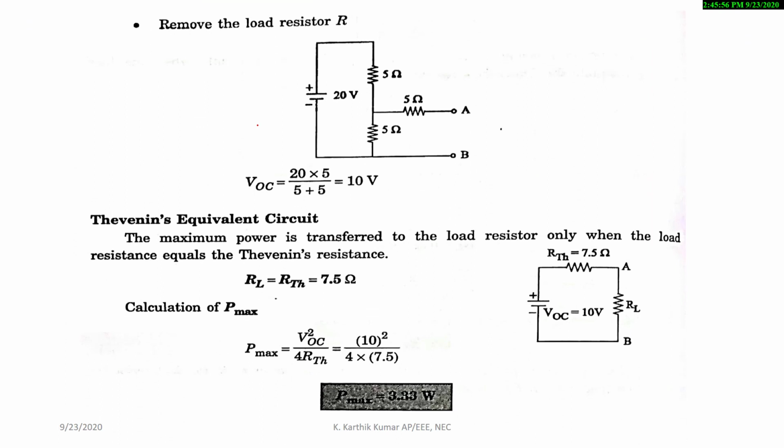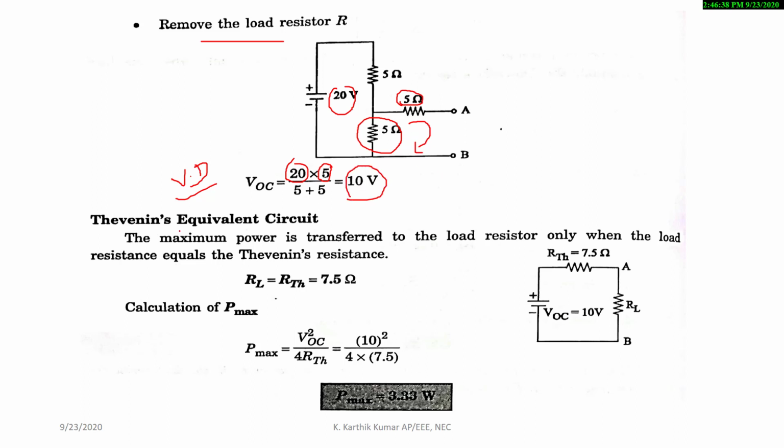that is, Thevenin's voltage. For that we have to remove the load resistor R, and we will get the circuit like this. And here we have to find it using voltage division. Here the total input voltage is 20 volt, and we have to find the voltage drop across the terminal AB. For that we have to consider the 5 ohm. Therefore, 5 ohm resistor divided by 5 plus 5, because there is no closed path here, so you have to consider this 5 ohm, and we are getting 10 volt.